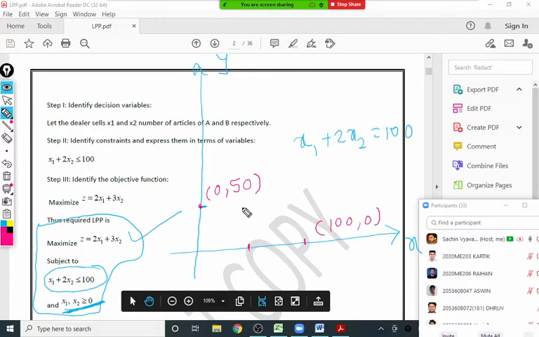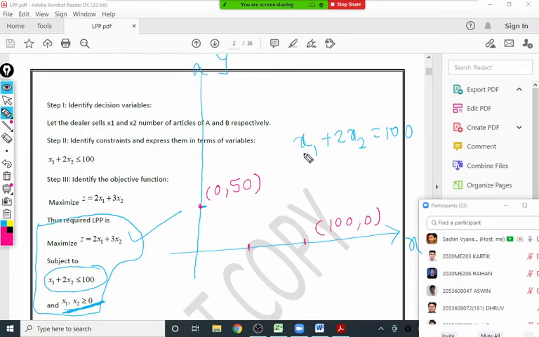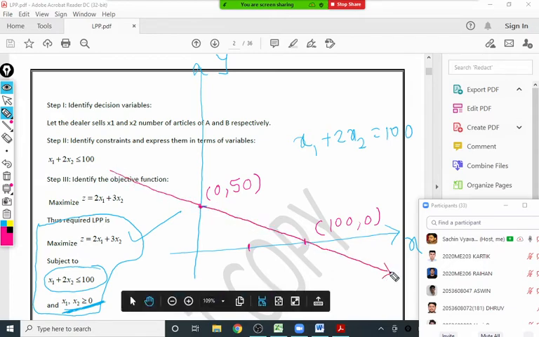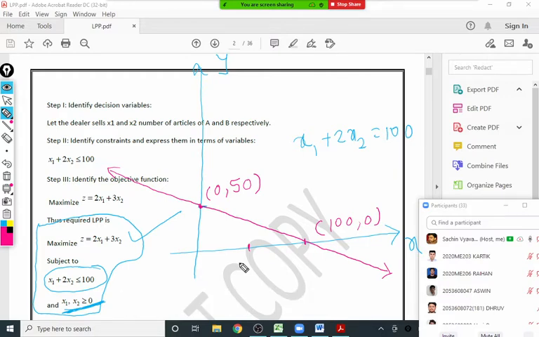One point is (0, 50) and the other is (100, 0), and the straight line passes through these 2 points. So draw that straight line. This one is ours. This way you can also draw the graph in the final exam. This is a rough graph, and if you draw the graph this way, it is considered a correct graph. Okay, now the last part is left.